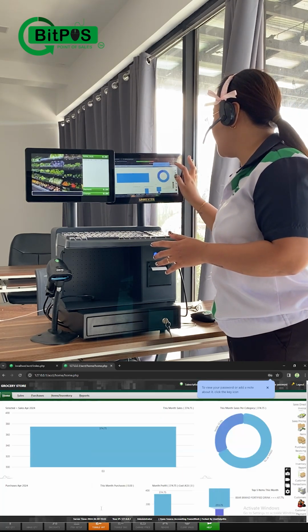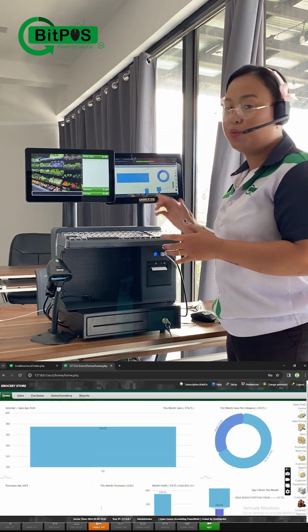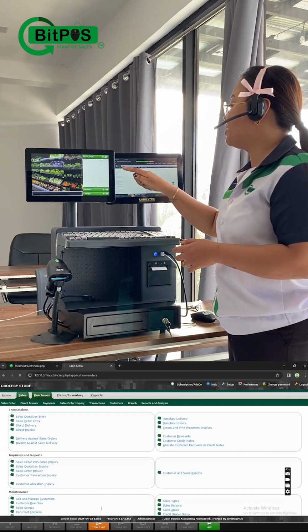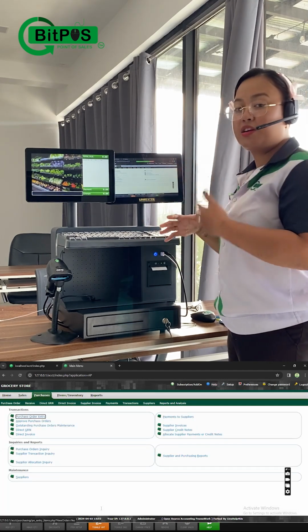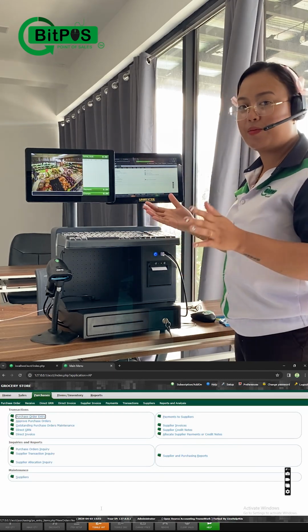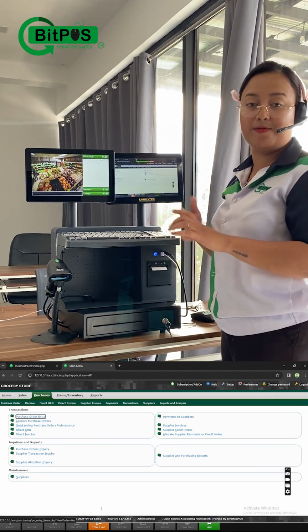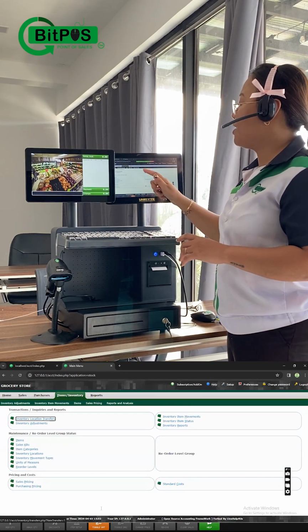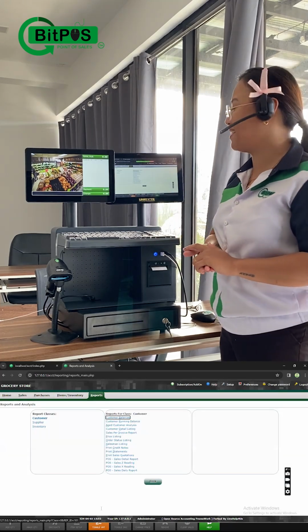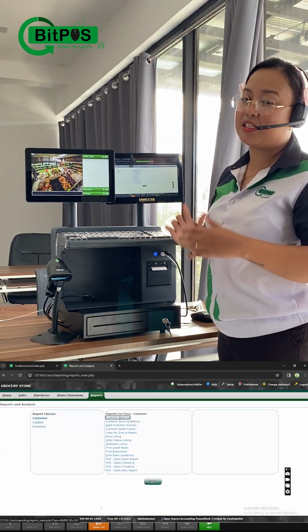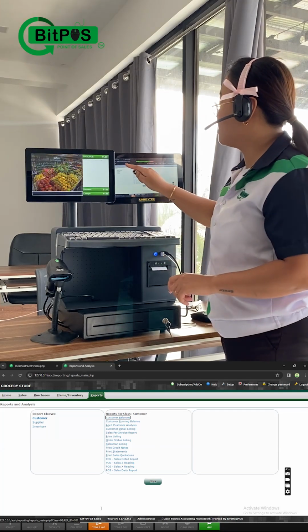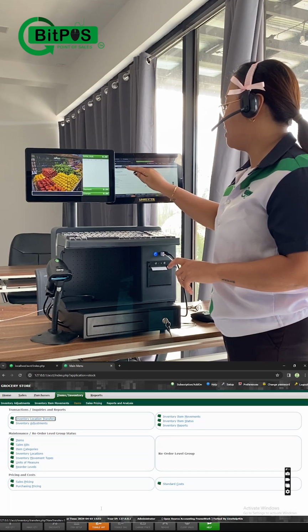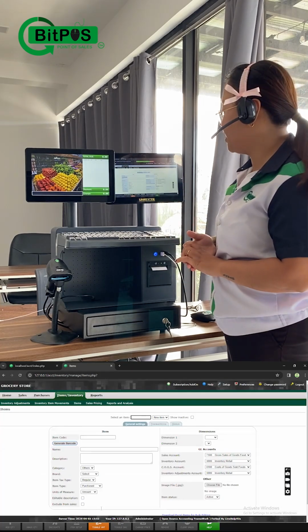For this one, as you can see, I have different modules. I have the sales module for customer reporting. I have the purchases module for suppliers, purchase order entry, delivery from the suppliers, payments to suppliers, and invoicing to suppliers, as well as the inventory management side, and of course, the reports and analytics. But I am going to discuss first the inventory management, where I'll just stop on this side, and then I am going to create an item that I'll be selling later on in our cashiering interface.